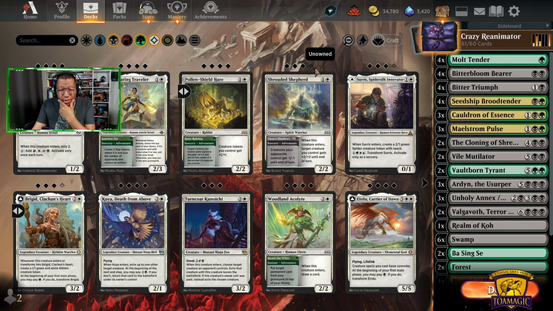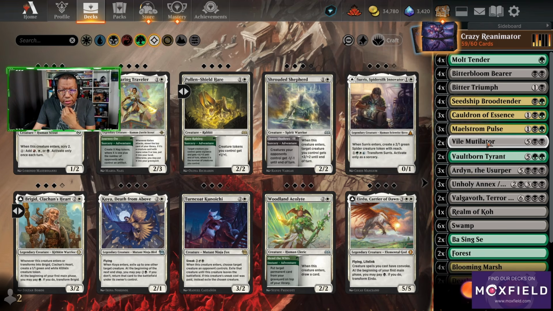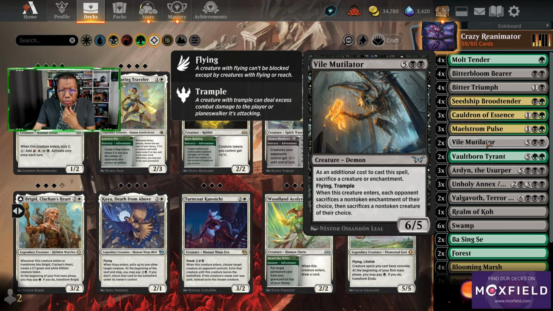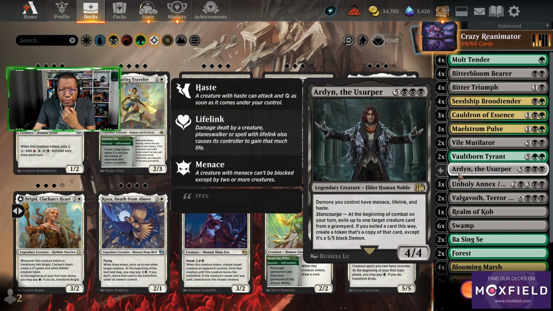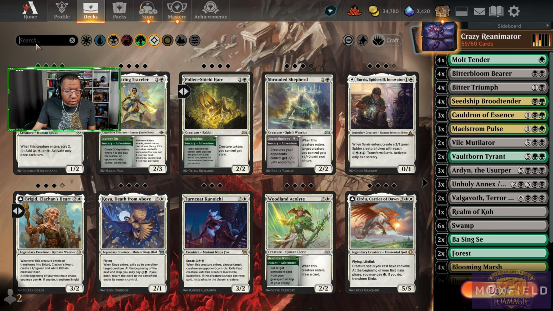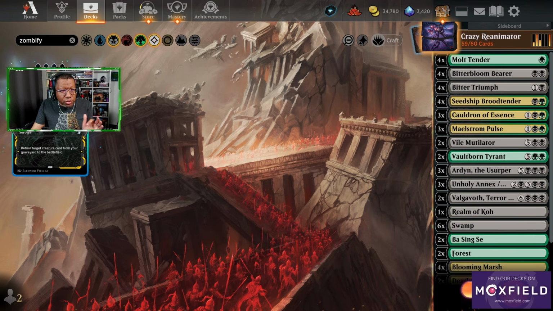Not sure how far into the video this is going to be, but what I'm realizing, I don't think I really want the Cloning of Shredders in here. And I think by playing the Cloning of Shredders, I was not maximizing some of the other cards we could play, because, like, sort of having 4 Ardens sounds really nice, but we could also just play Zombifies, and those are fine in here, right? And truthfully, I think the deck also, on some level...